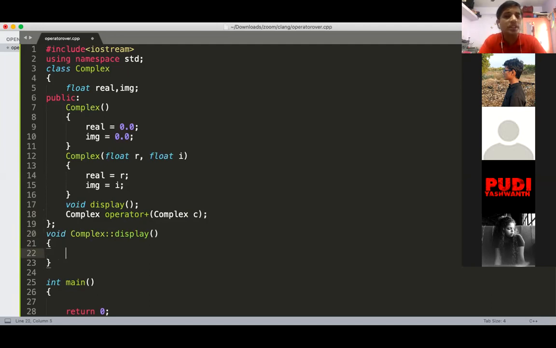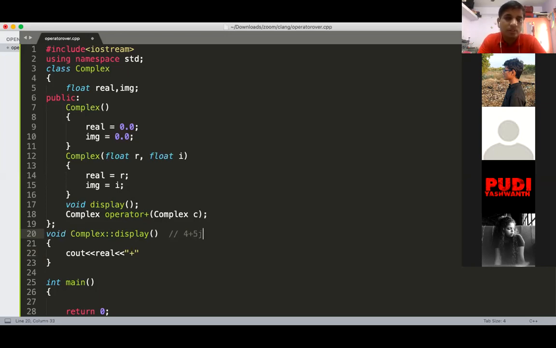Now how the display function works: it will only display the value of real and imaginary. So cout real. Now how is a complex number generally written in mathematics? It is written as 4 plus 5j or 5i.